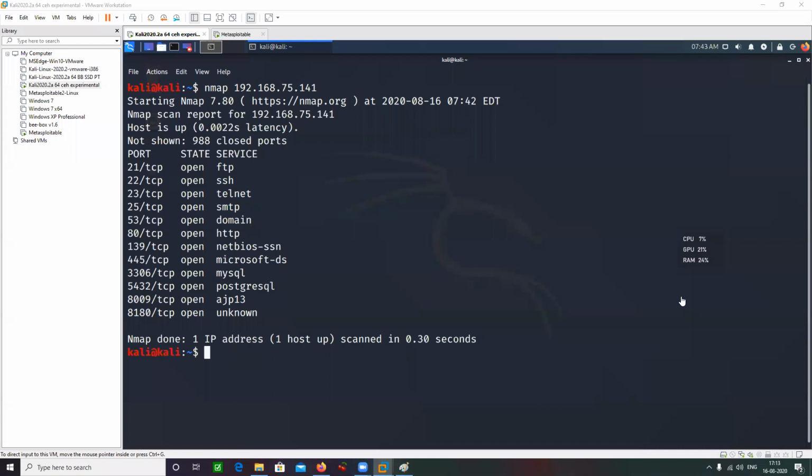What is banner grabbing? No idea. Anyone? What do you understand by banner grabbing?